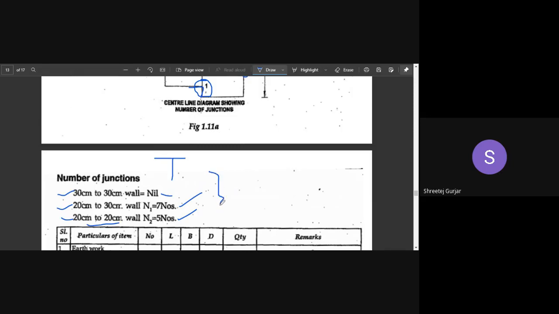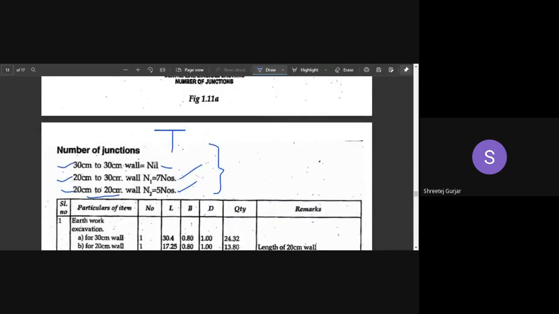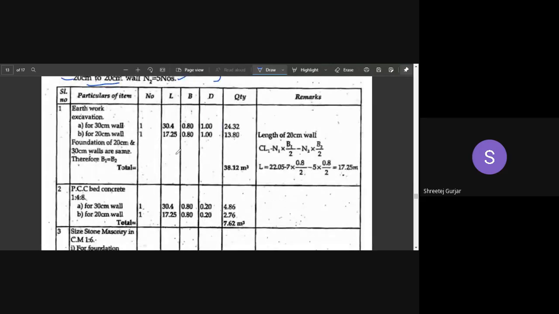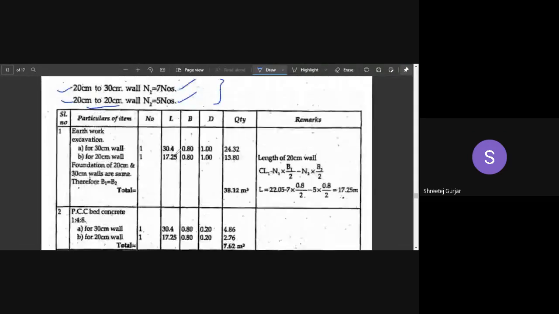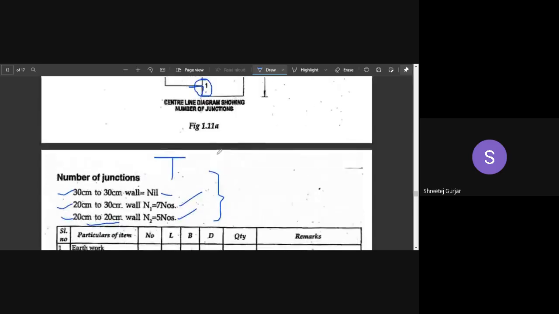So if you go wrong in these first 3 steps, your entire problem which you will be solving using these values, your entire numerical will be wrong, and you will be losing all your marks. Okay, so be careful while solving these first 3 steps. You have to do it very carefully, and you have to do it correctly.